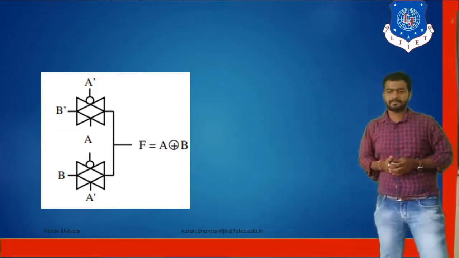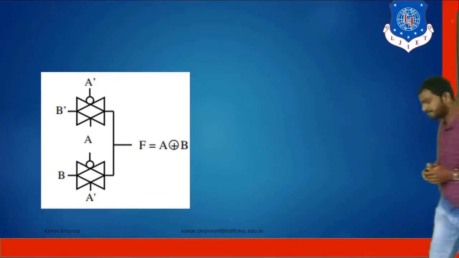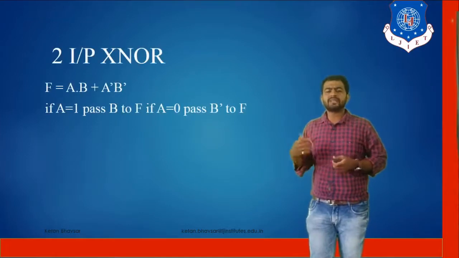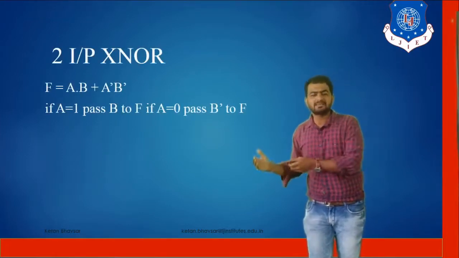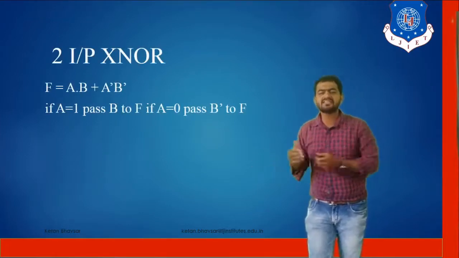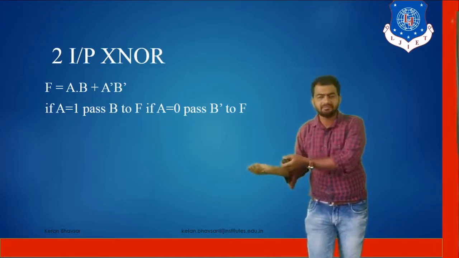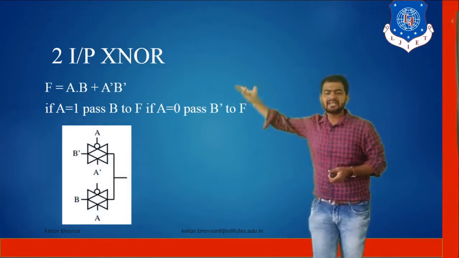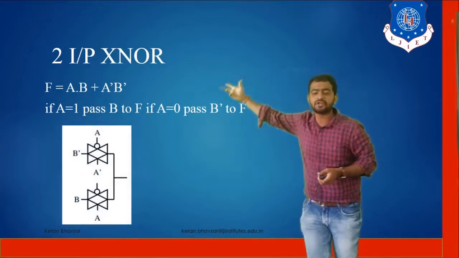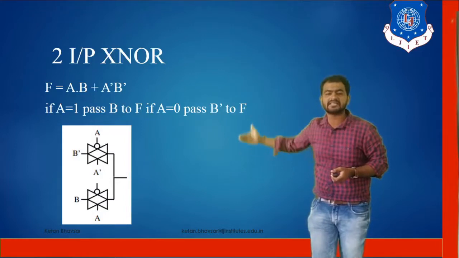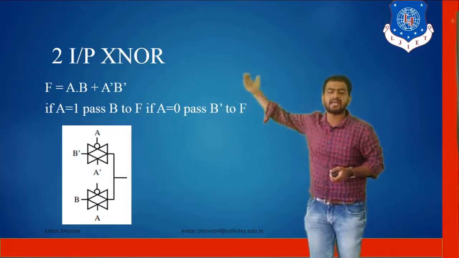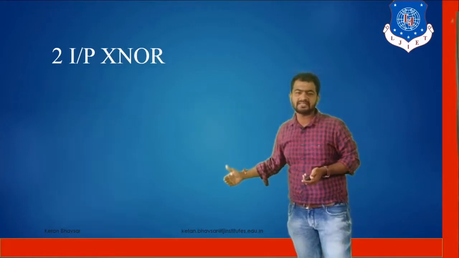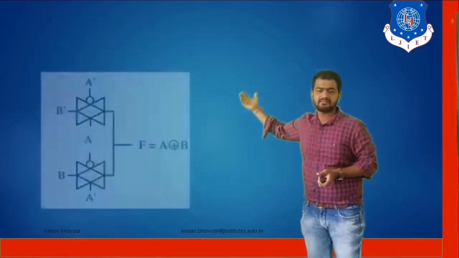Okay. So now, the same for the two input XNOR gate: if A is equal to 1, then pass the B to F, and if A is equal to 0, then pass B bar to F. Okay, in terms of the XNOR based configuration. So as you can see here, what exactly we did is we changed the position of A and A bar. A bar is connected cascading in terms of B and B bar, and A is working on the control signals similarly. As you can see the differences.